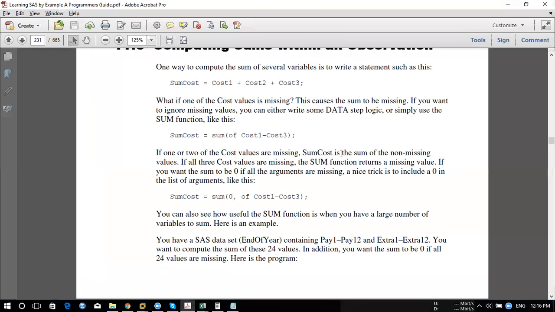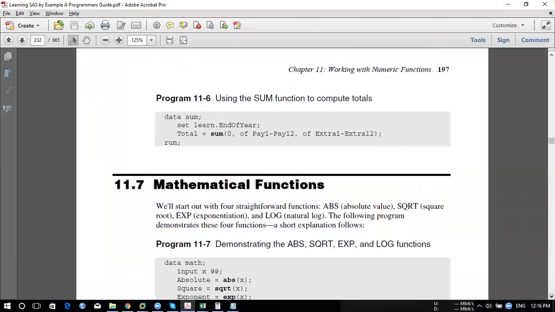Now, if you go to another one, the same thing we are trying to do for two variables. We are trying to sum the variables from P1 to P12 and extra from this to this. So we are taking almost 12 variables into account for doing a sum. Here we calculate the sum for all these variables, which is nothing but these 12 variables and these 12 variables.